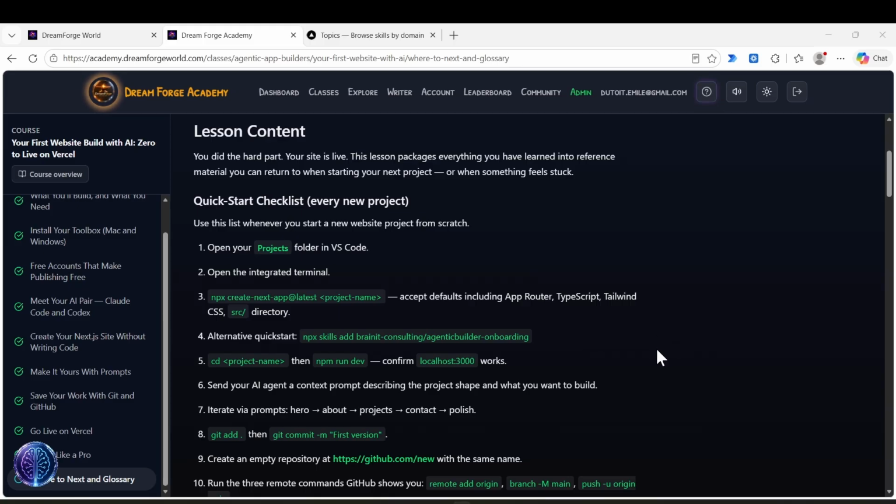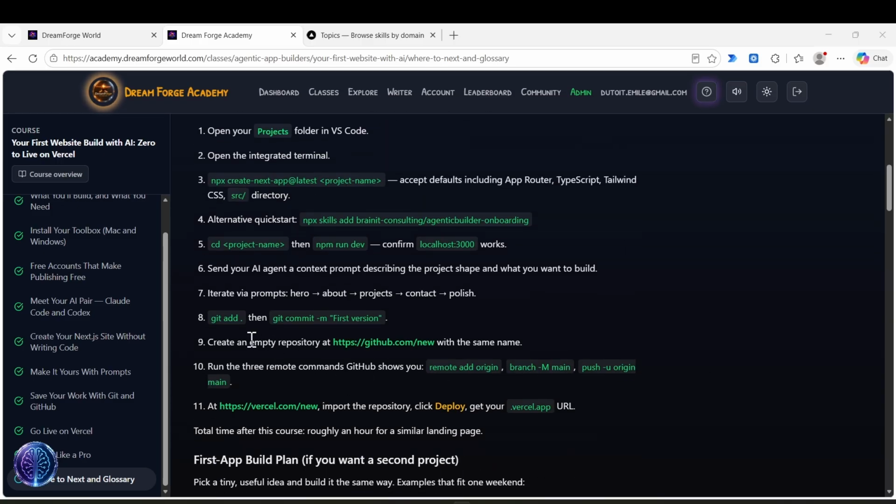You're going to iterate via prompts. That's the basic idea as a revision. You go from hero to about to project to contact to polish. When you're done, you're going to git add, then git commit. Then you create an empty repository in your GitHub.